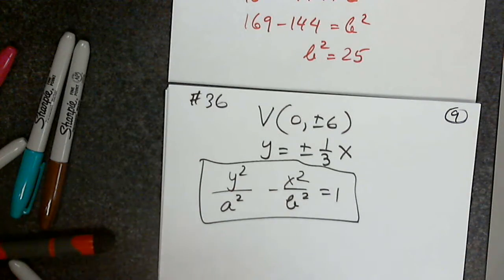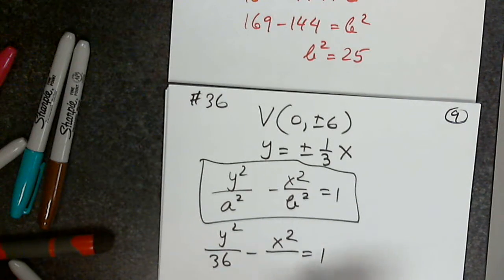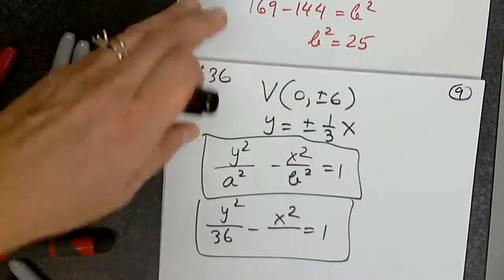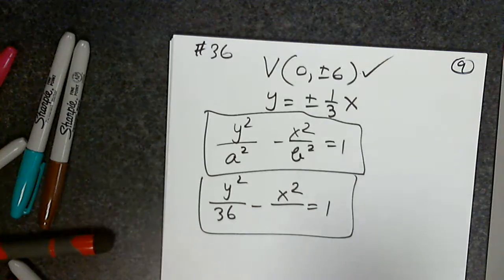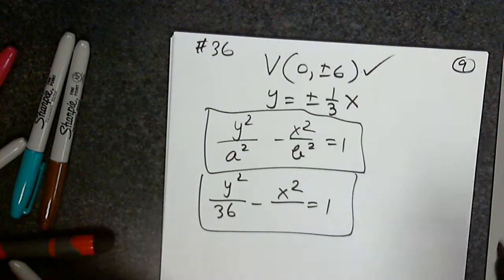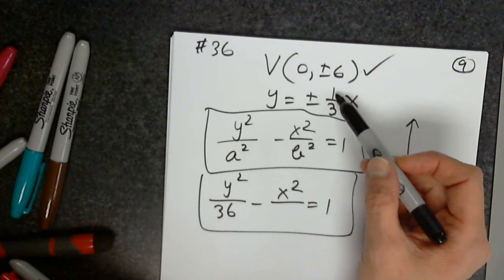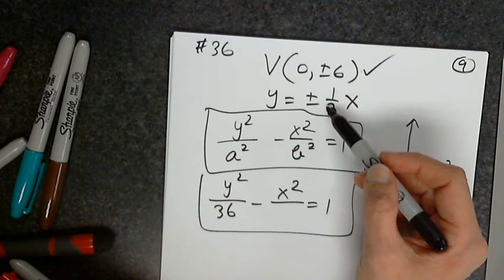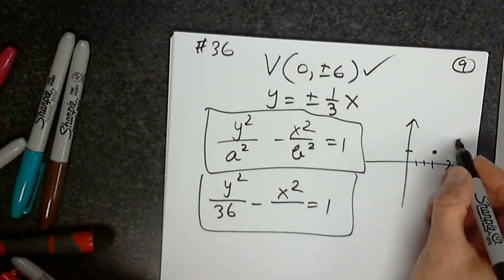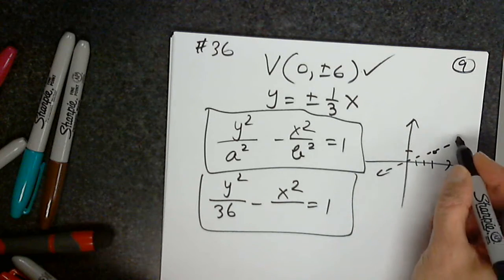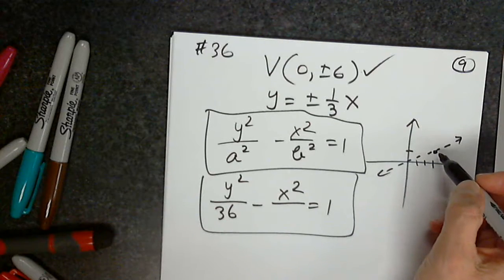Good. So then we have that y squared over 36 minus x squared over, wait for a minute, so we can find b squared. Okay, so this information was used. Now, I know that the asymptotes will be like this. Rise of 1, run of 3. 1, 2, 3. And then the other one, right? Okay, so knowing that,